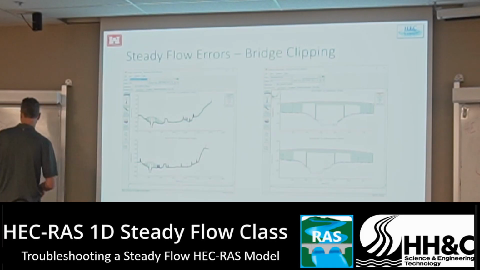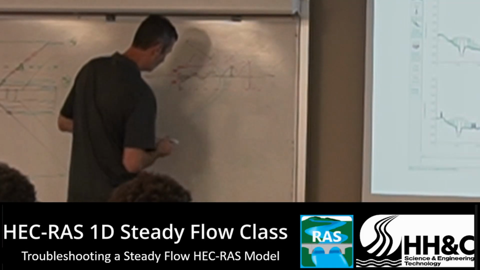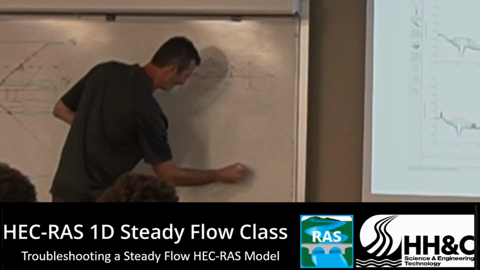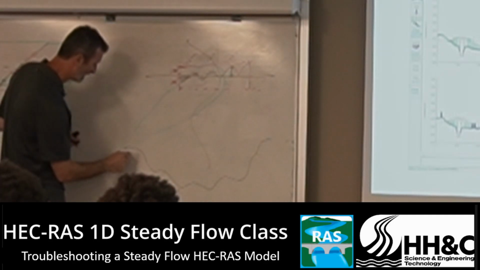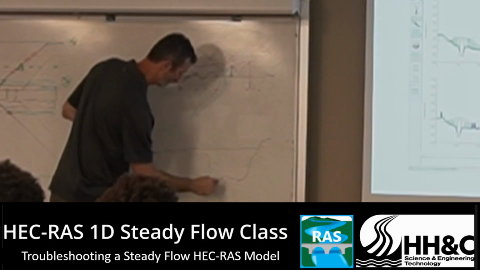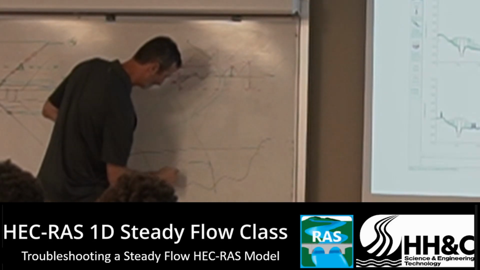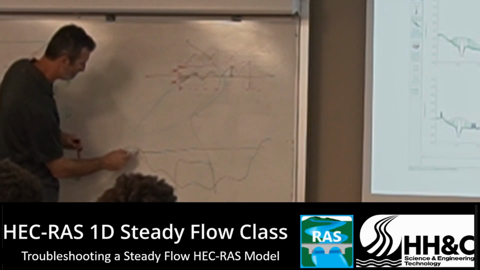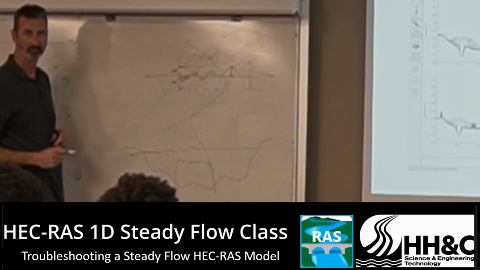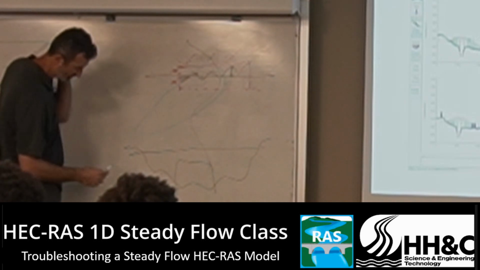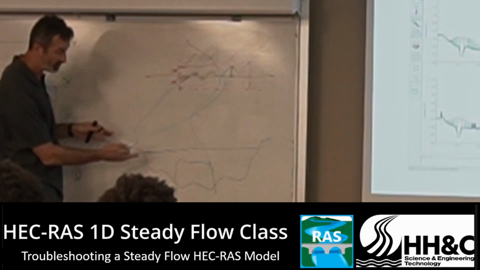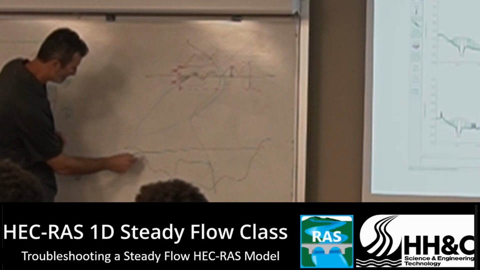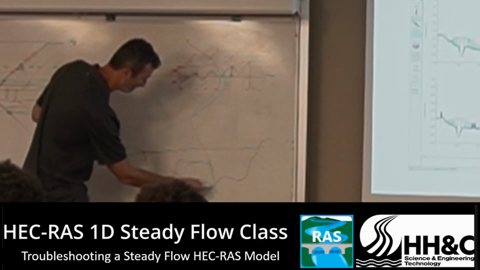So if your bridge deck, if your cross section looks something like this, and you wanted to put in a bridge deck that looks like this, start your data somewhere down on the ground. And if you start off with it comfortably down on the ground, then we will find this intersection, and that one,